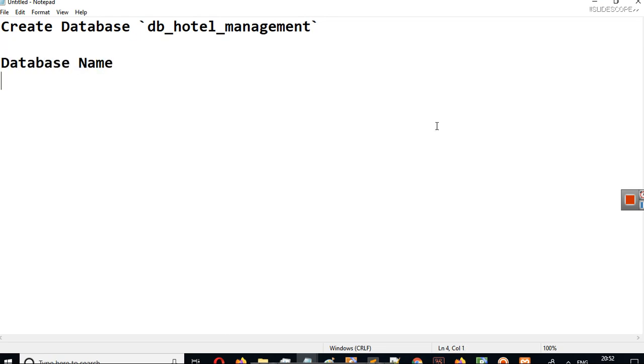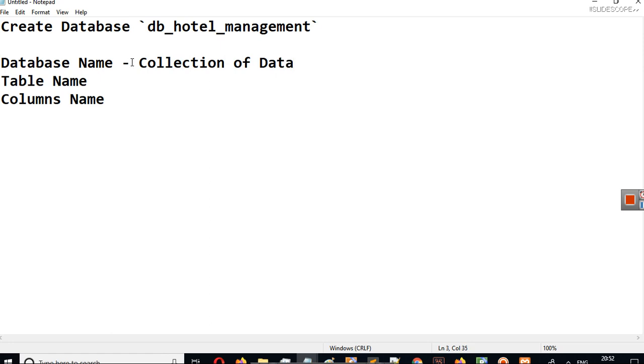Database name, table name, column names. We will create data tables also, because without data tables, a database is nothing. A database is a collection of data tables, we can say.